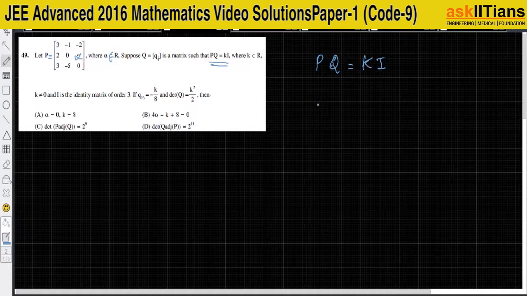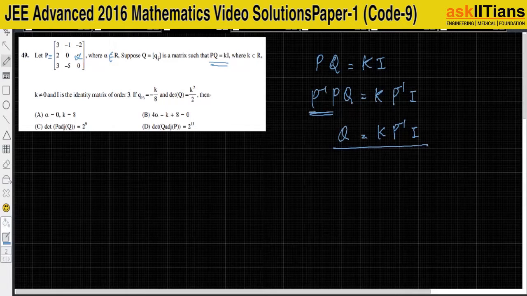It's given P into Q is equal to K into I. Now if I multiply by P inverse on both sides, I'll get P inverse PQ equal to K, which is just a constant, so I can take it outside. So pre-multiplying by P inverse, this will become I, and Q into I is just Q, and this will be K times P inverse into I. So I'll get this as Q, right? Now I know the matrix P. It's already given in the question that determinant of Q is equal to K square by 2,